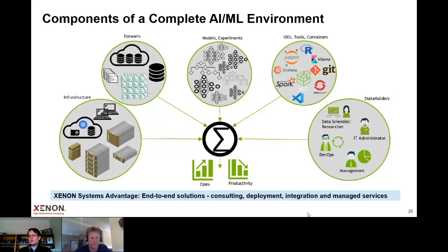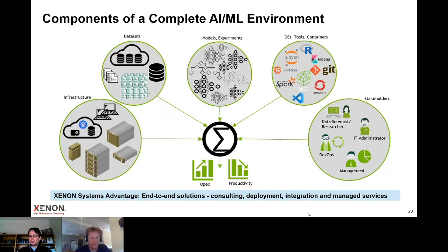That includes the IT teams who we work together very closely to deploy the systems into the existing environments and integrate them. That includes, of course, the management teams who have to make the decisions about the infrastructures they want to purchase and pay for, and the DevOps teams are very closely involved in the development of the models and